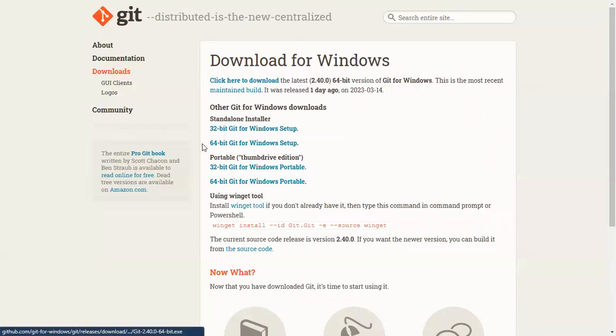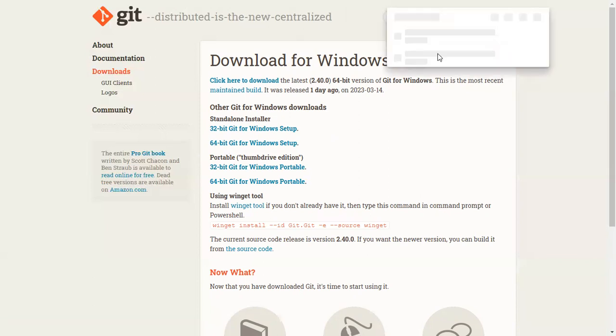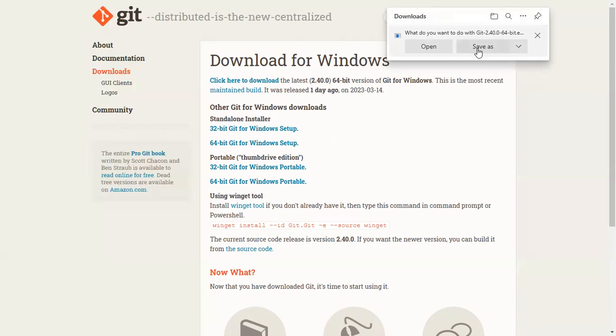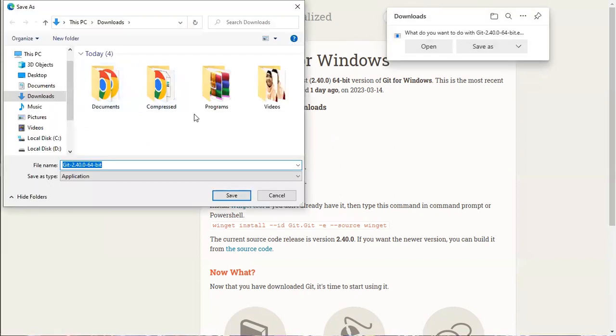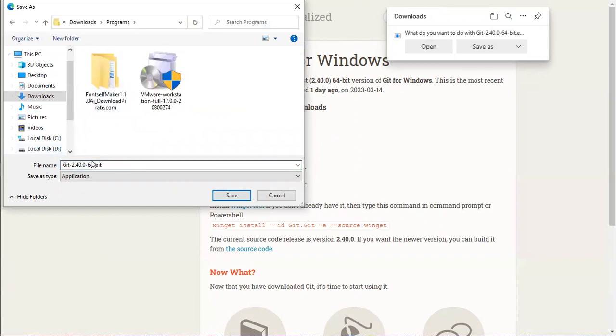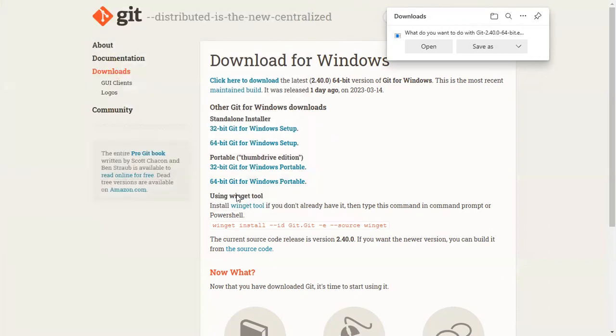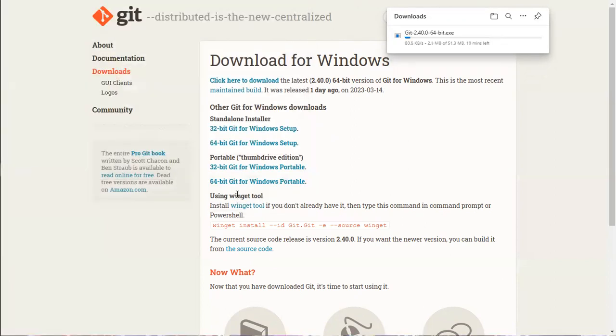So I'm going to choose the 64-bit Windows setup download, and that will start downloading on our local machine, and I can install it here and redirect the path to this particular folder. So Git has started downloading. After downloading, we'll install it,